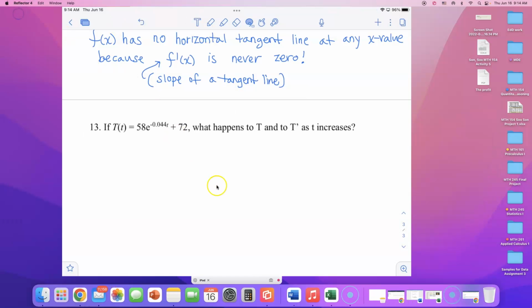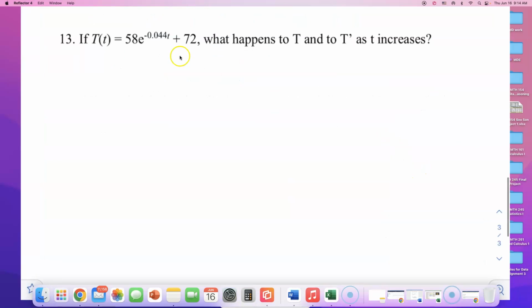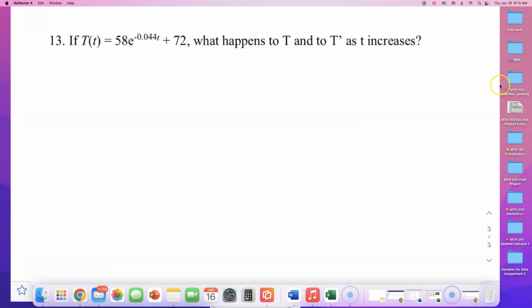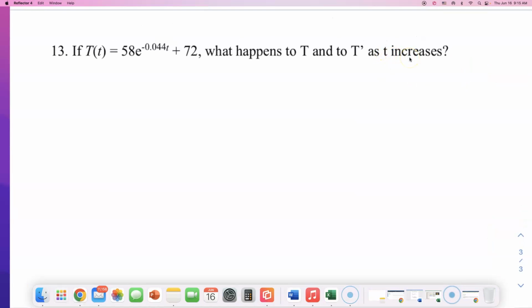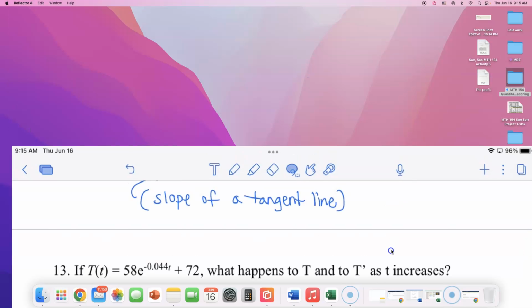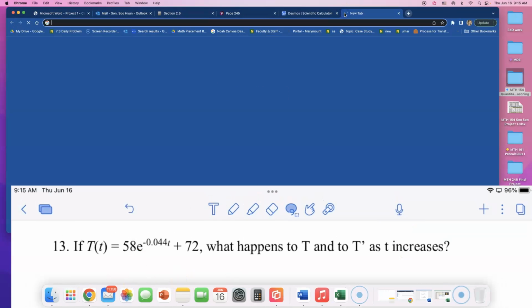All right. So if T of t, big T of little t, is equal to 58 times e to the negative 0.044t plus 72, it's asking what happens to T and T prime as little t increases. Okay, so as we go to the right side of this graph, what are T and the derivative function doing? Now on your exam, you're allowed to use a graphing calculator, a handheld device, but just to show you a quick picture,